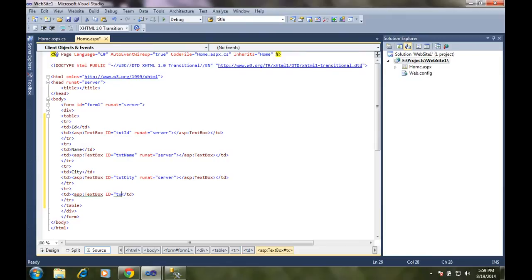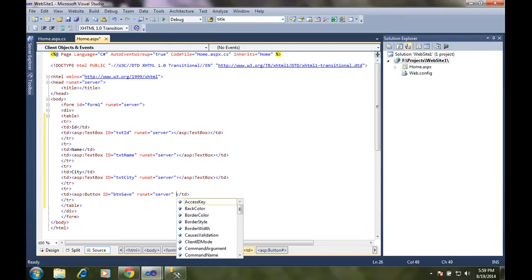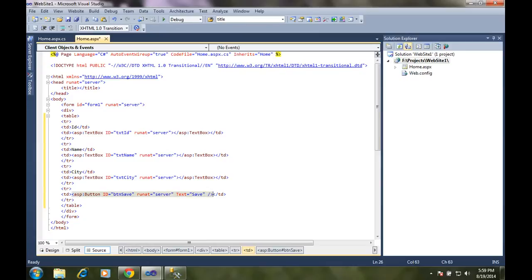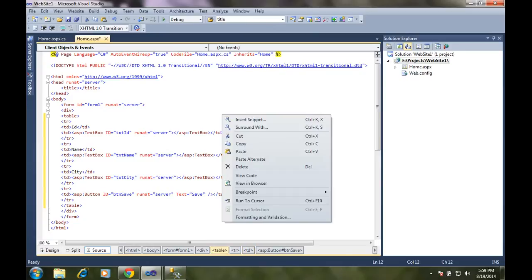Sorry, it's button. id equal to btn, run at equal to server. Here one more, you have to give text. It will appear on the button. Save. That's it. Now you can see it in demo.